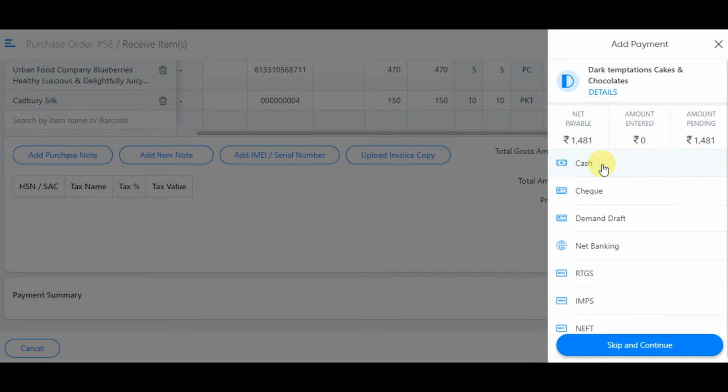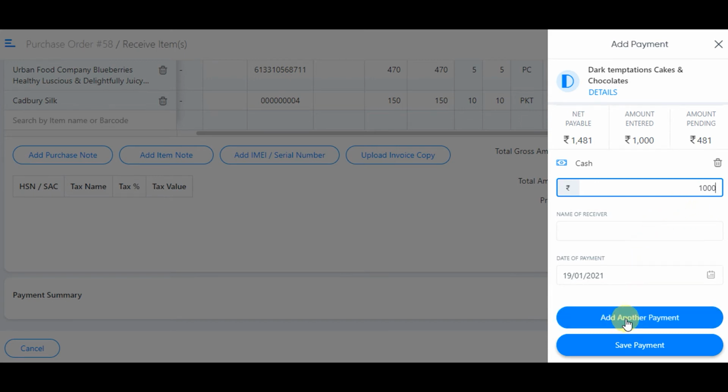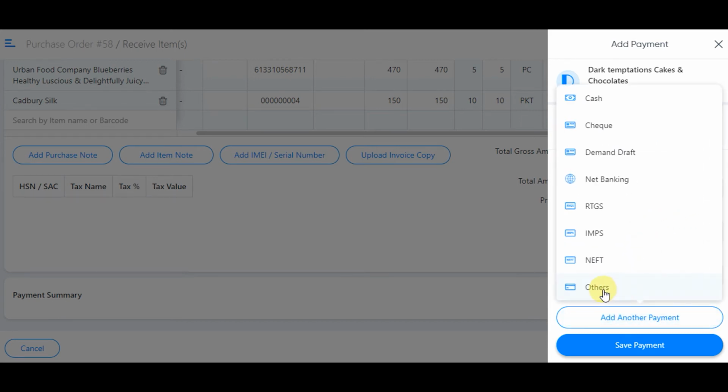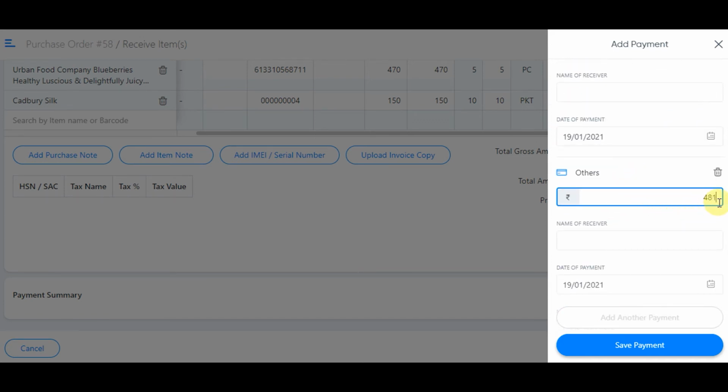Now let's assume you want to pay the supplier in the form of cash. Select the cash option. You can make a partial payment if you like. In that scenario, you can click on add another payment option. The remaining amount gets pre-filled.